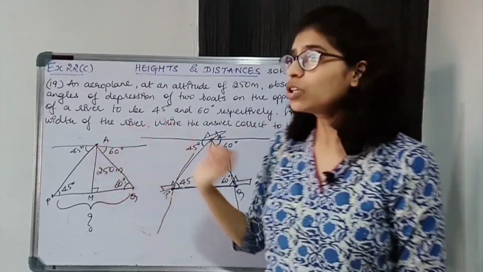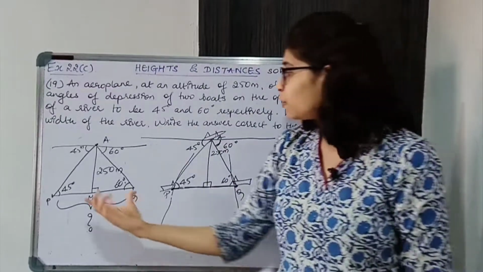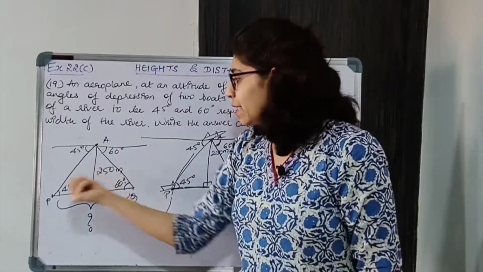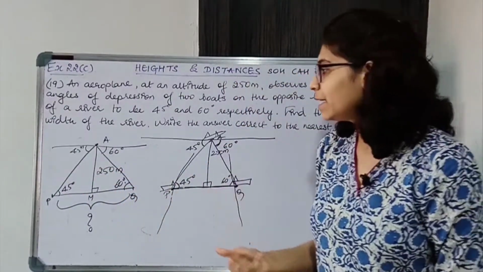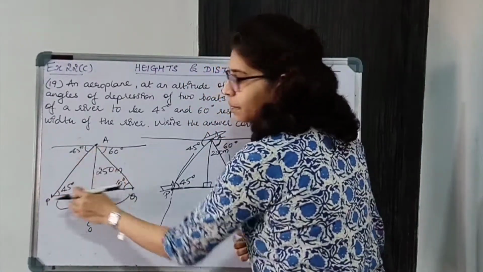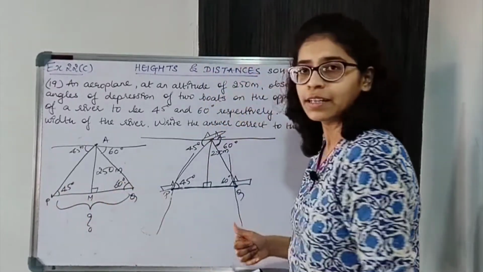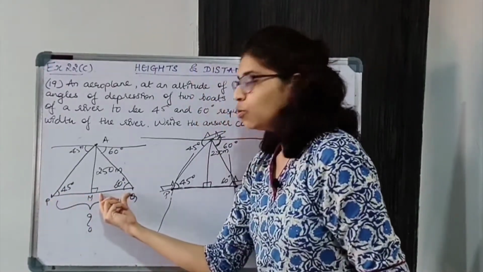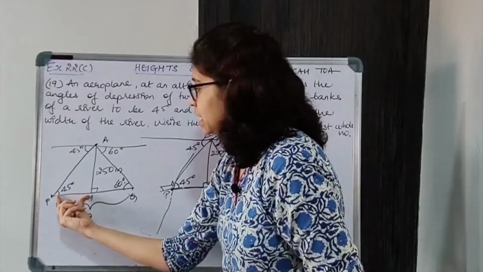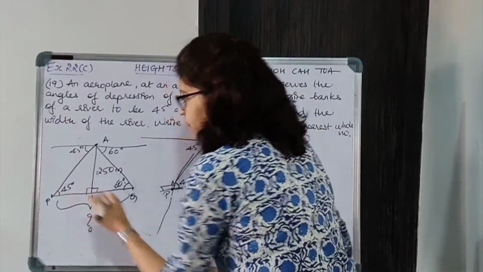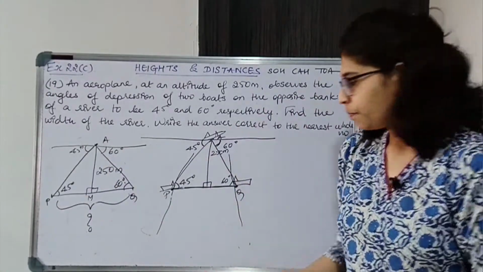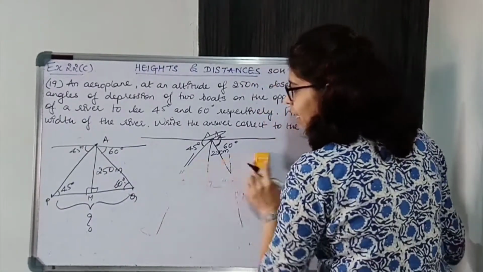Okay, we have got the diagram. Now it is very easy. We have to find PQ, that is the width of the river. For that we'll consider two right angle triangles. We are going to consider both the right angle triangles. PQ we won't get directly because this is not a right angle triangle. So we'll find PM plus MQ. If we find PM and MQ and add, we'll get PQ. PM is a side of this right angle triangle and MQ is a side of this right angle triangle. We'll apply trigonometric ratio. Okay, so let's see how we'll find.